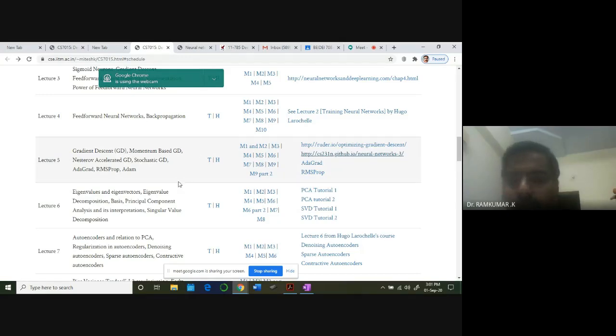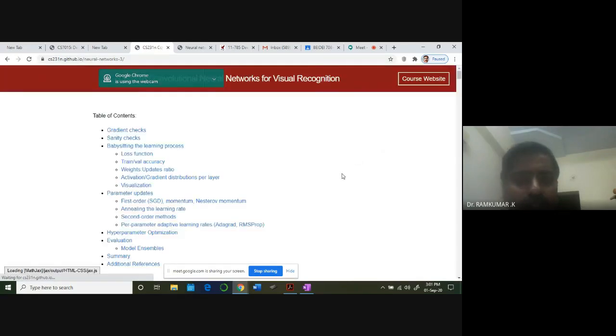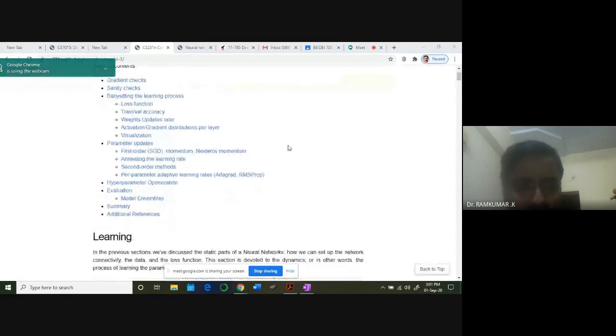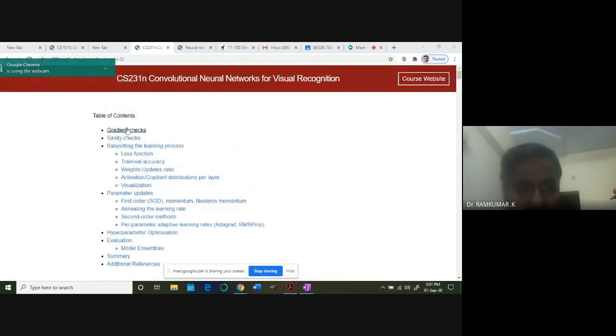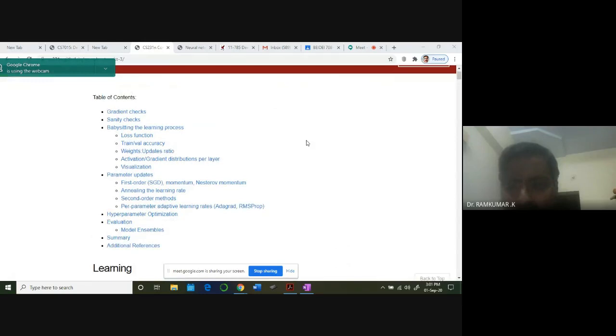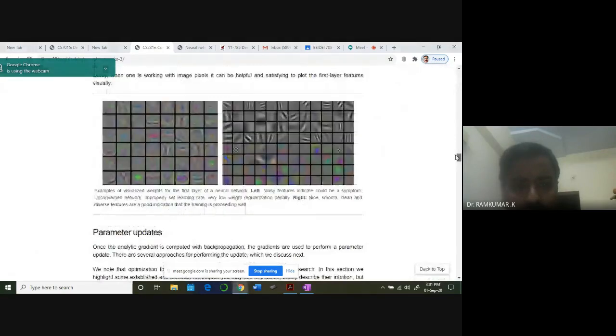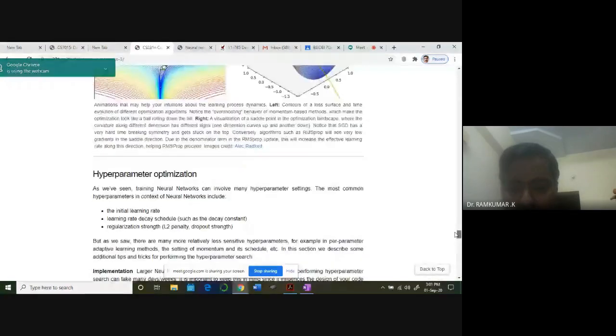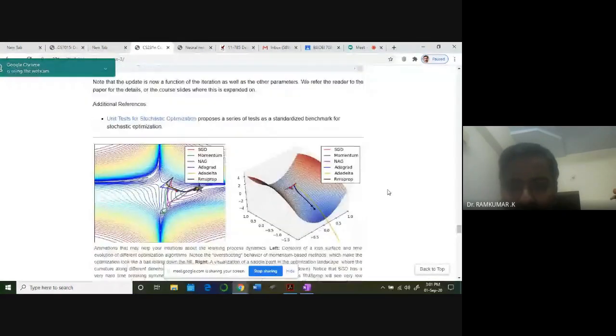In fact, for some of these algorithms you can see the code in this reference link. This is a very powerful, standard course given at Stanford University called Convolutional Neural Networks for Visual Recognition. We did not go through all of this, only some of the portions relevant to us. This idea, gradient checks. Now you can read that and gain more insights. Some of the code is also there. GitHub code is there. You can use those codes, take some data set and try to apply it. See here how the gradient descent is happening. You can see it beautifully explained with animation.